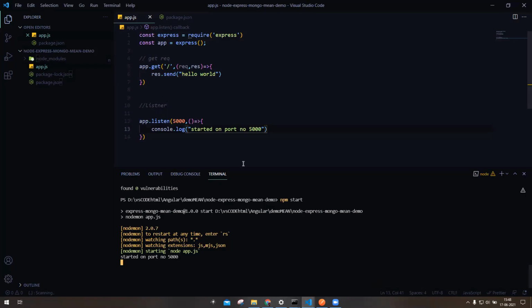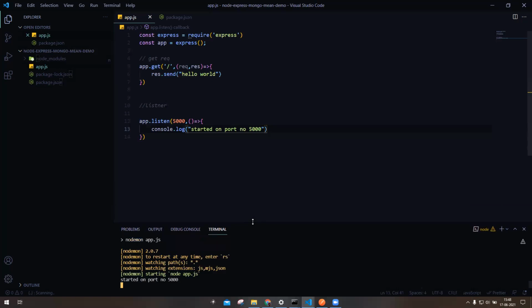Now we will go back to this project. We want to create a get request and a post request for the user data. We will create the post request for the user data first. As you guys know, MongoDB uses a technique like ORM, object modeling, so we can create a model for that.